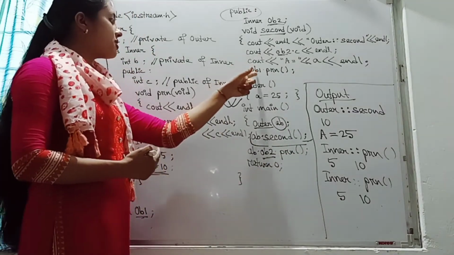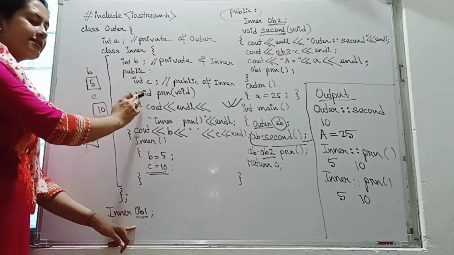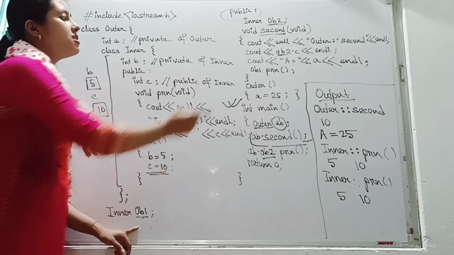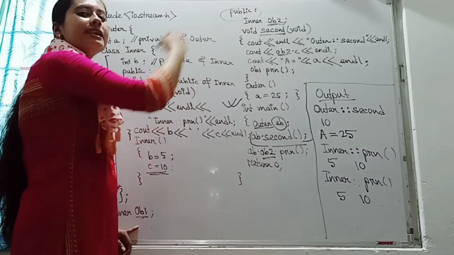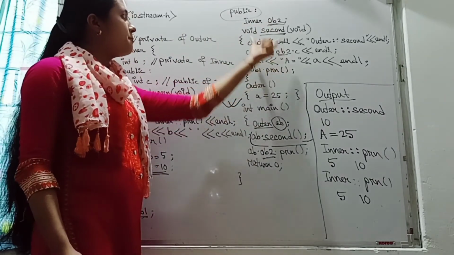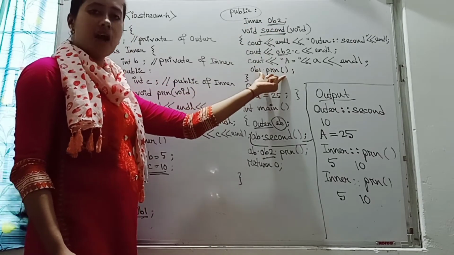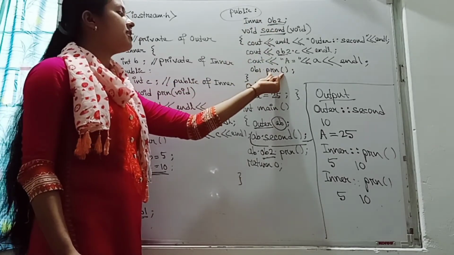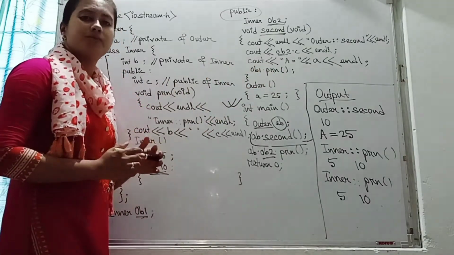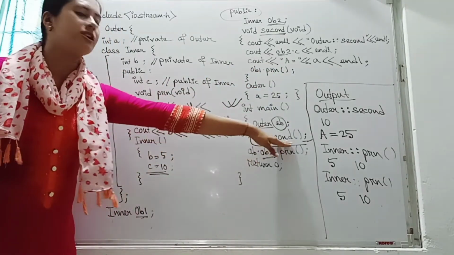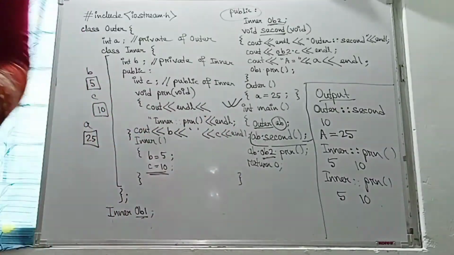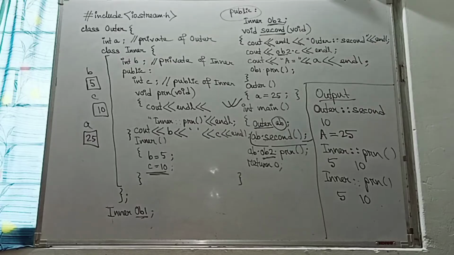But in the case of OB1, when we want to access a data member using OB1, then OB1 was declared in the private section. So we have indirectly used this member function. How? Inside the member function of the outer class, we have accessed the member function of the inner class through that object. And then we have indirectly called it here through the object. Okay? So this was the program of that nested class.